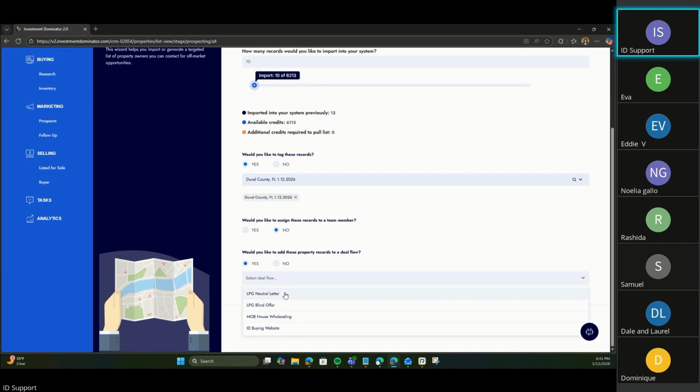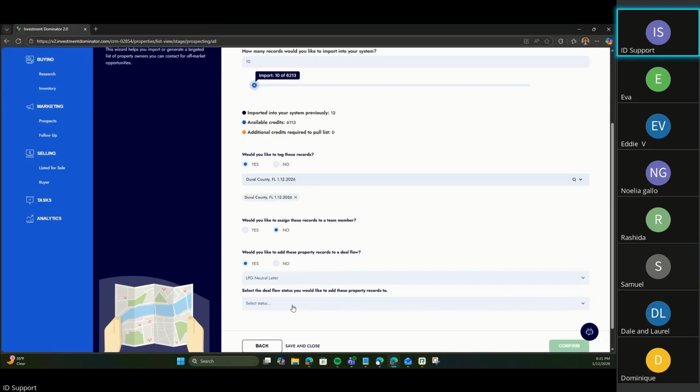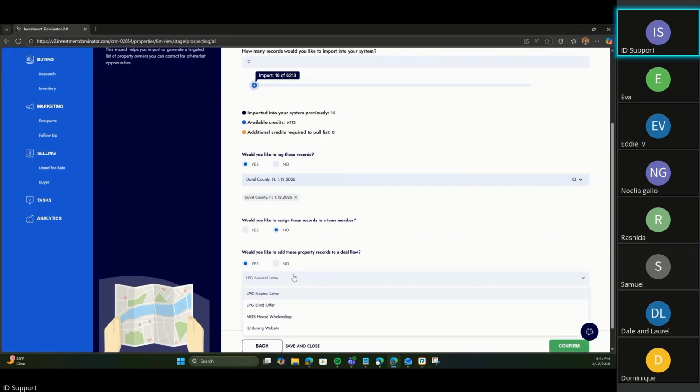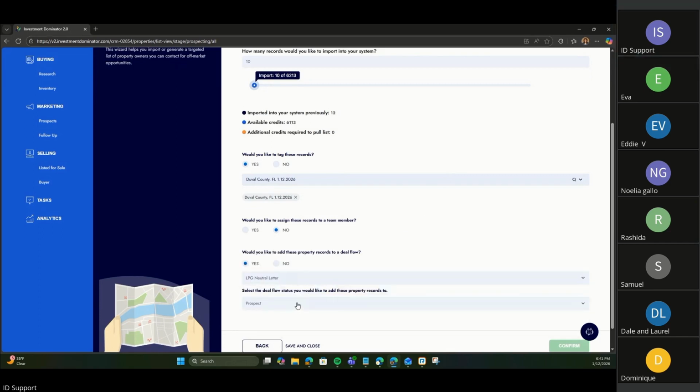The other one here is the neutral letter. You're sending it out and you're a little bit more polite. You're letting them know, hey, how you doing? I see you've got this land here. Can I buy it? And then they'll say, yes, we hope. Okay, so the neutral letter is the way we're going with that. And we're going to start in the prospect status. And as you can see here, all of the statuses for the neutral letter are outlined in order here. So same thing, if I chose blind offer, it puts them in order of how I would do blind offers. But we're going back to neutral letter, prospect.